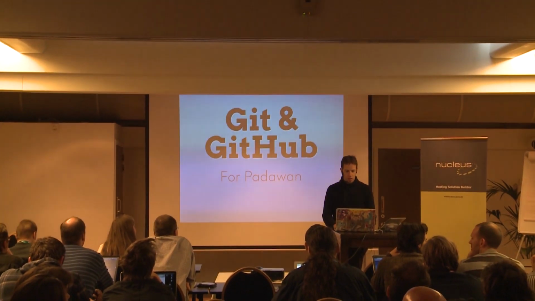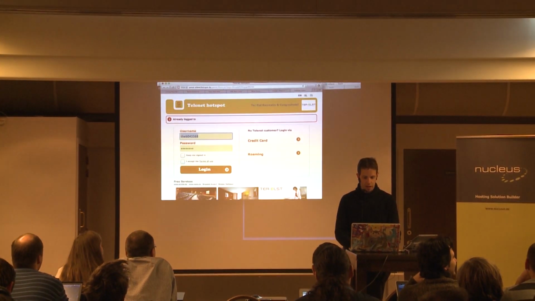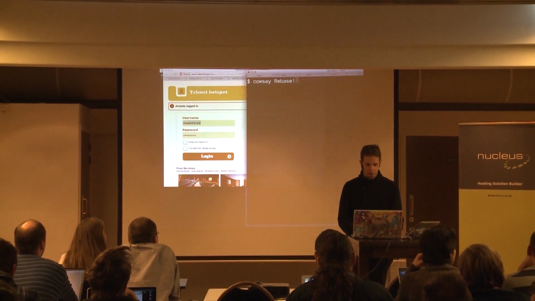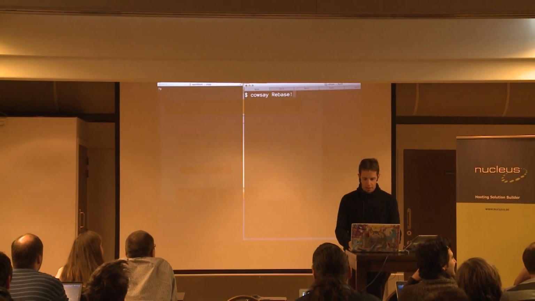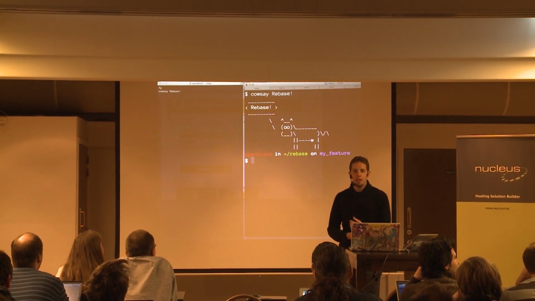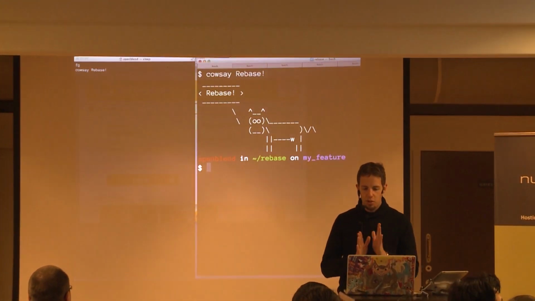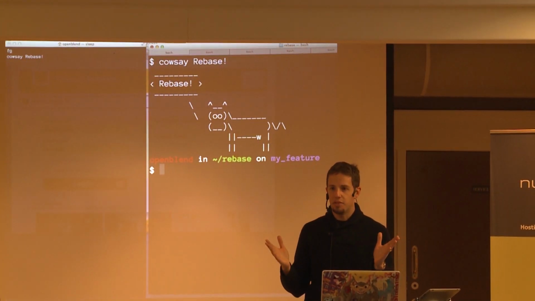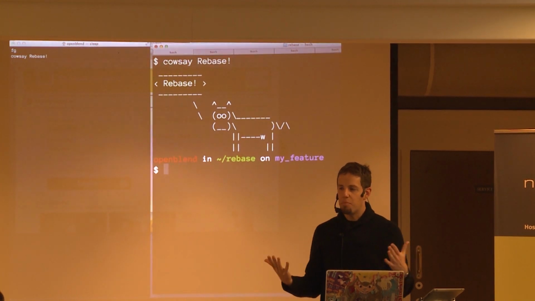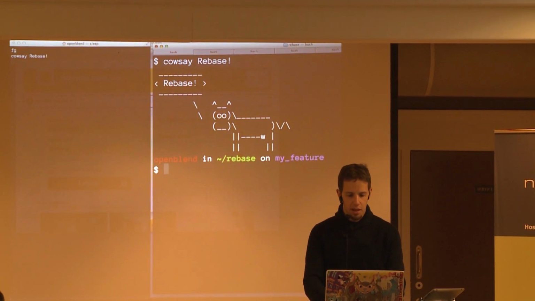So the first trick that I have to show you, apart from not being able to connect to the Wi-Fi, is called Rebase. There are several ways of taking two divergent branches of development in Git and combining them into one place. The first one,